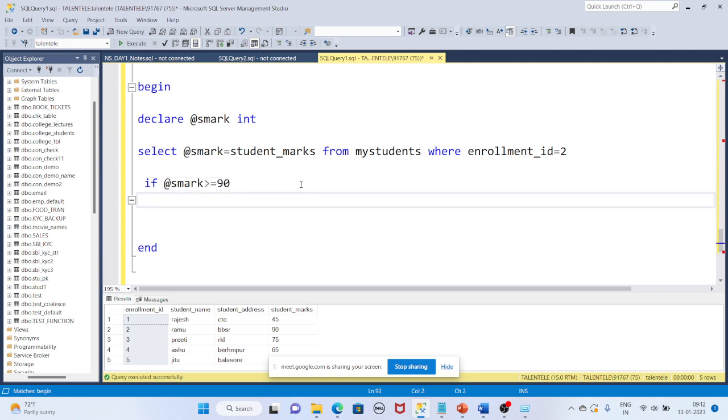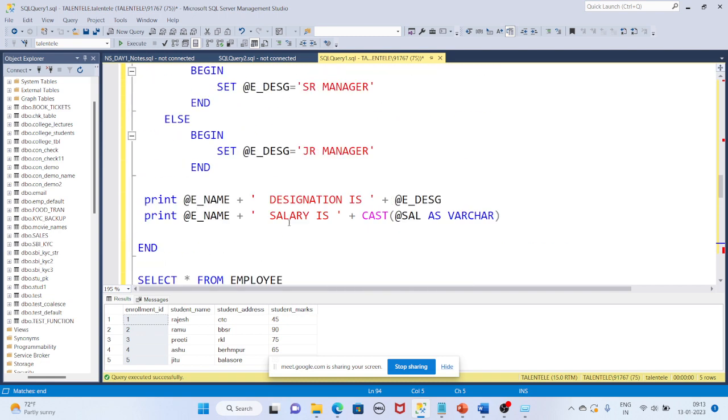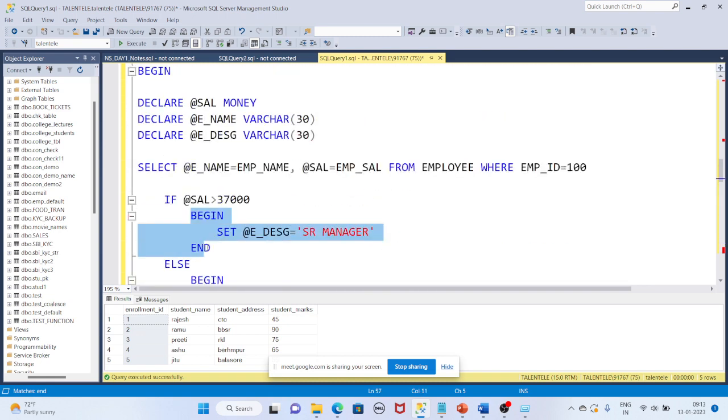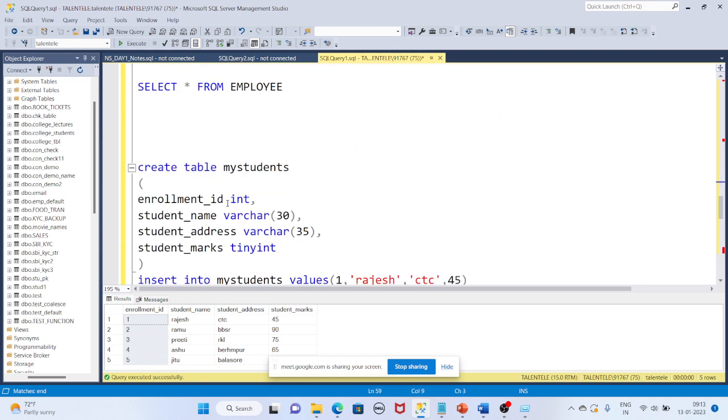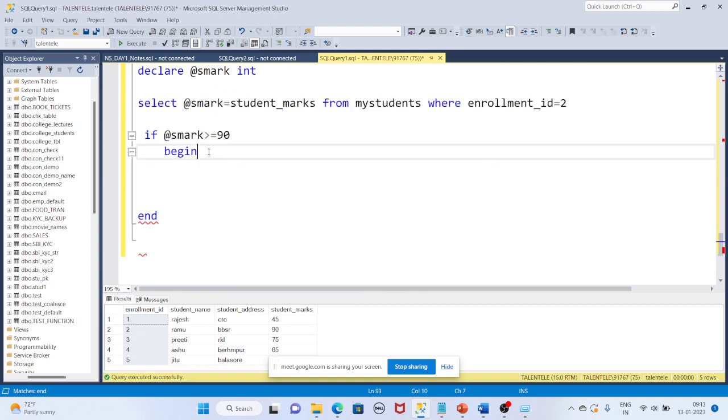then what you have to do is write a begin block. For every if and else, as I have told you and explained, you have to always use begin and end for this if block, and for the else block also. Whenever you want to write something, you have to enclose it within the begin and end block. Now in this begin block what I'm trying to write here is print